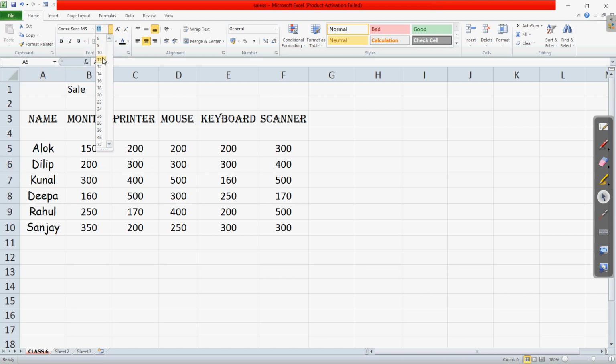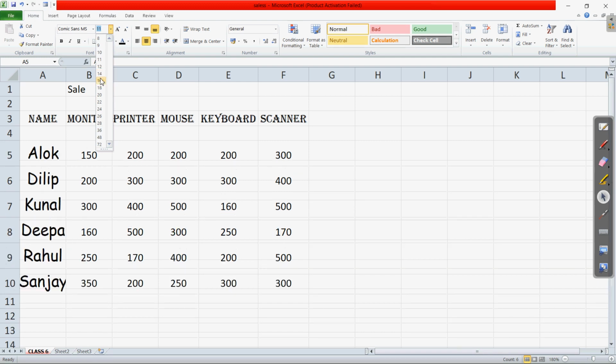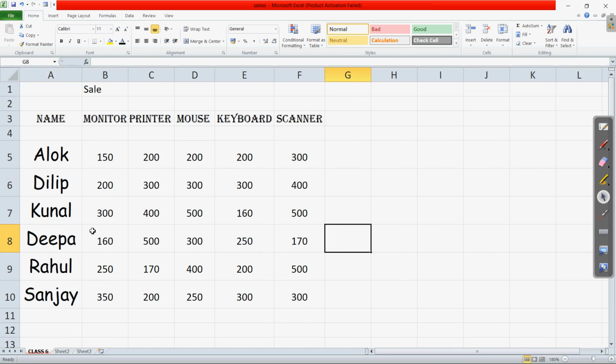Earlier it was 11, so if I want to increase that, you can see when I am clicking on this and moving the mouse cursor, automatically the size is increasing. Clear? From 11, if I have selected 18, you can see the names are appearing bigger.